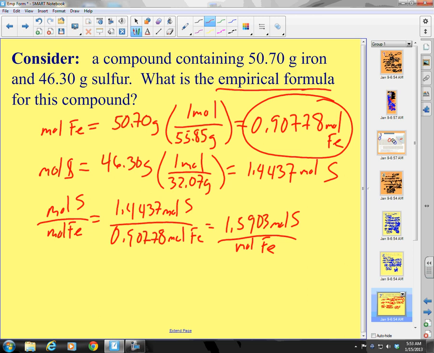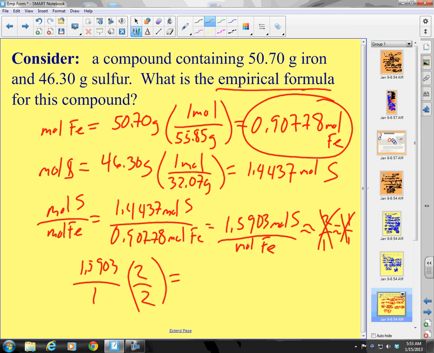All right? Cool. So what do we do? Can I round this to 2 to 1? No, I cannot. Can I round that to 1 to 1? No, I cannot. 1.59 is not close enough to a whole number. So what do I have to do? I have to take my 1.5903 per 1 times 2 over 2. And when I take 2 times that, I get